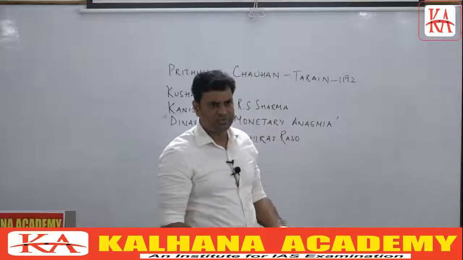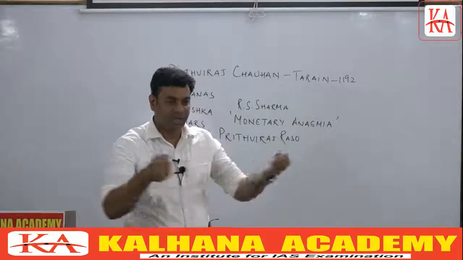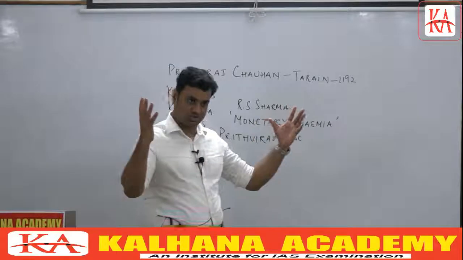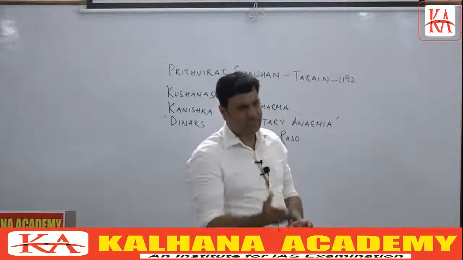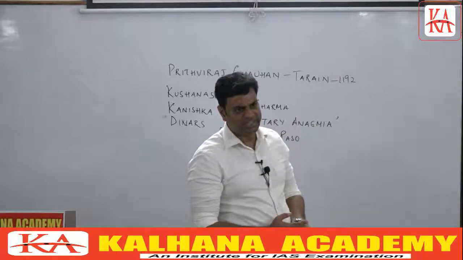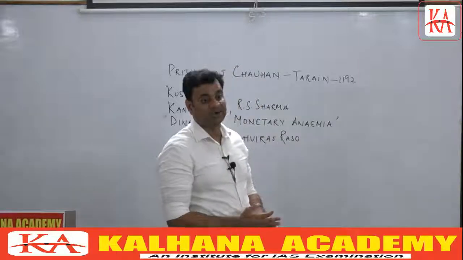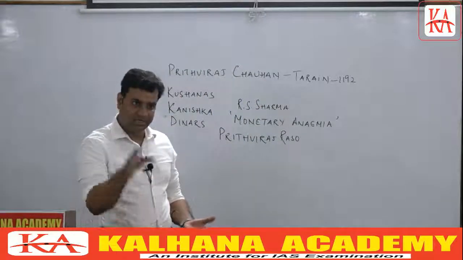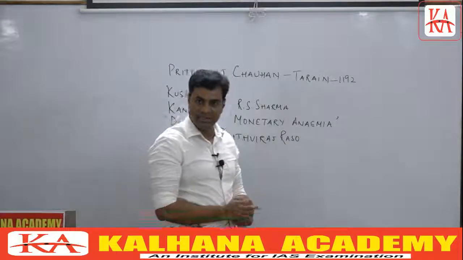Since delegation of authority took place, trade became pocketed at this point of time, and merchant guilds began to emerge. Merchant guilds began to issue their coins also, and these coins began to be termed by them as Nishk and Satamanas. Leave aside coins, merchant guilds even began to maintain military forces under the Guptas, and those military forces came to be known as Sartavaha. All this indicates complete decentralization of power under the Guptas. We'll come to all these things.